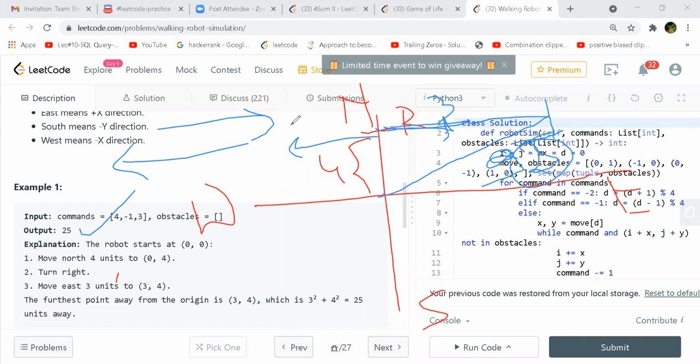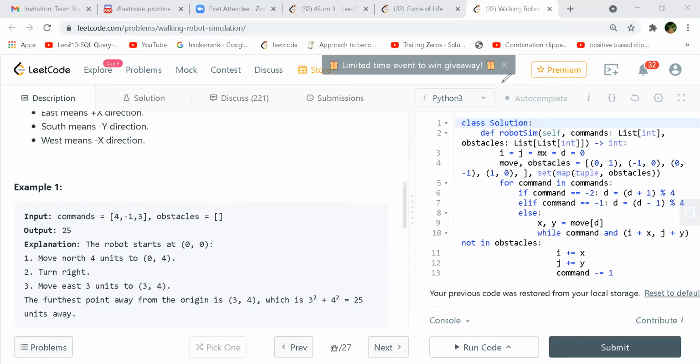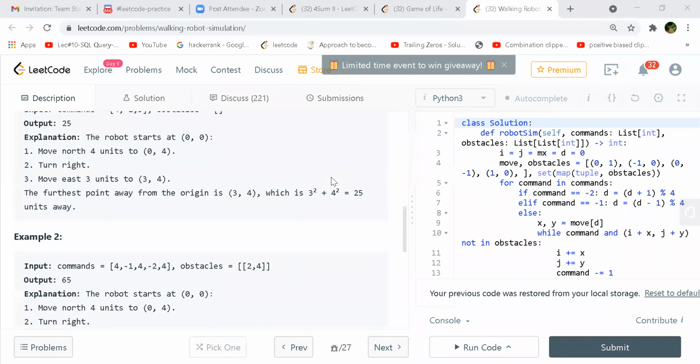After that, the obstacles. They didn't say much. So first, what we have to do is use these commands to find the position. We know that initially it is at the 0, 0 position, and in the first example he says you need to walk 4 units to the north. So your next coordinate will be 0, 4, correct?